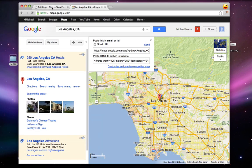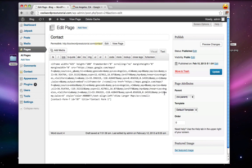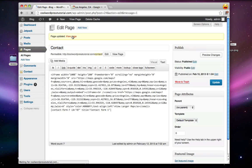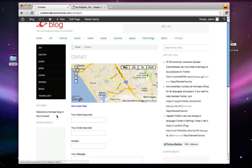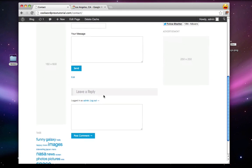We can close this up, and making sure that we have text selected, not visual, let's just make a line right there and paste in what we just copied. So before we click update, let's just make the iframe width 100%. And this will make it so that the map will fill 100% of the available space. And you will see what I mean if we click update and view the page. So there we have a map and the contact form built directly in, but what we do have is a